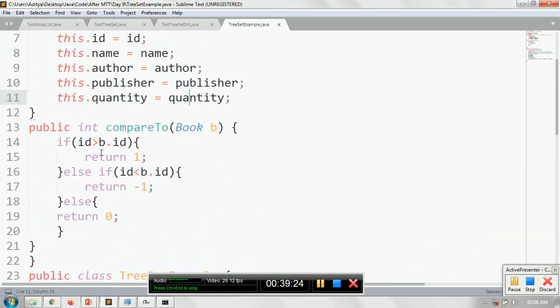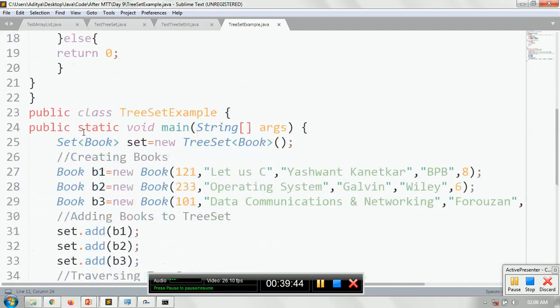So what are we comparing? If the ID is greater than the object that you have passed, b.id, it should return 1. Else if it is smaller, it should return -1. If they are equal, it should return 0. So we are just making sure the criteria in the compareTo method is the ID.